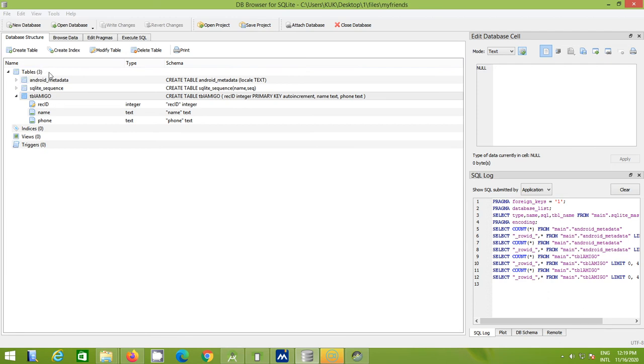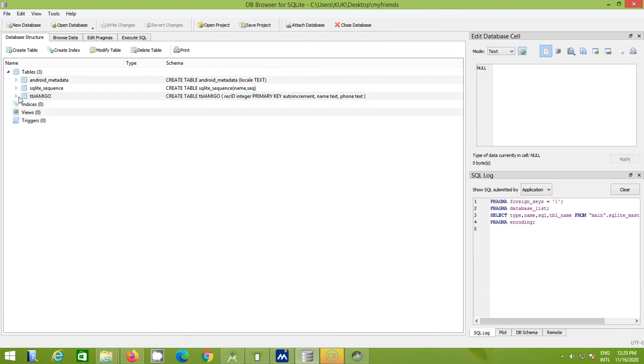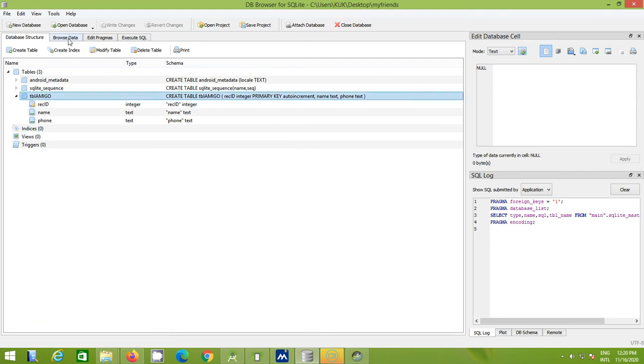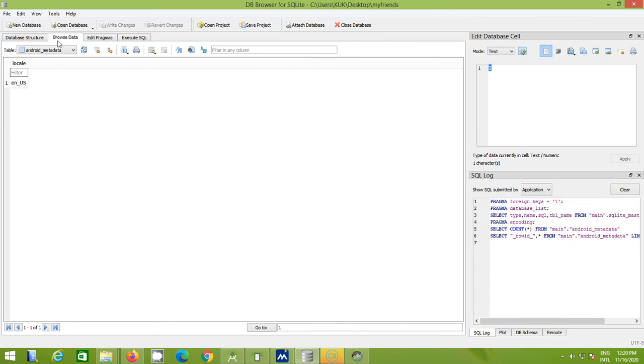After opening that database file, the tables will be visible here. Those are the table names. The system automatically created three tables, which we are using in our application. To get the data, I simply click on the second option, Browse Data, and from here I change the table name. The values in the table are simply displayed here. That is the example of how we see our database file in our system.